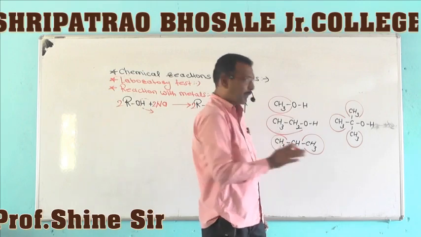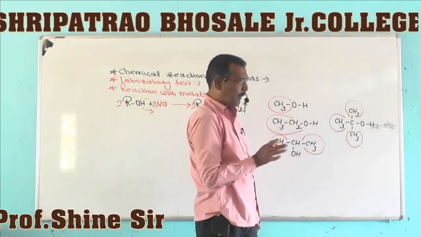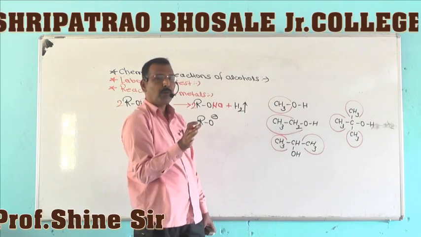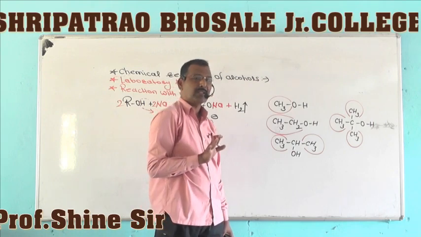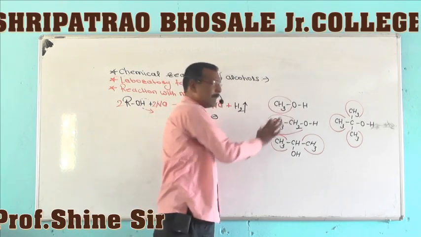That is, as the number of electron donating groups increases, the stability of the alkoxide ion formed decreases, and so therefore methyl alcohol is